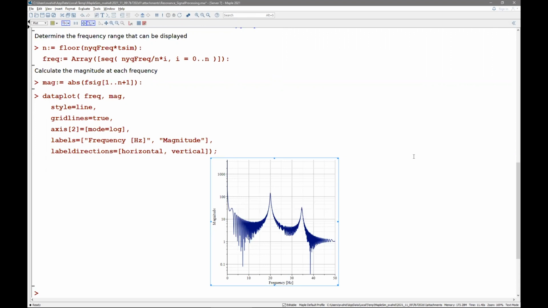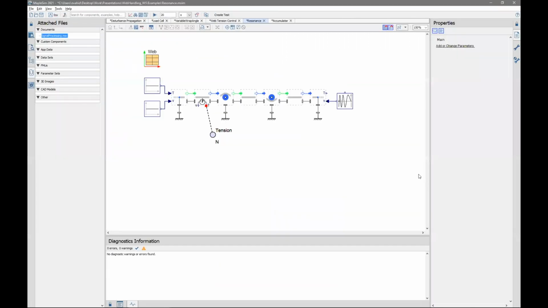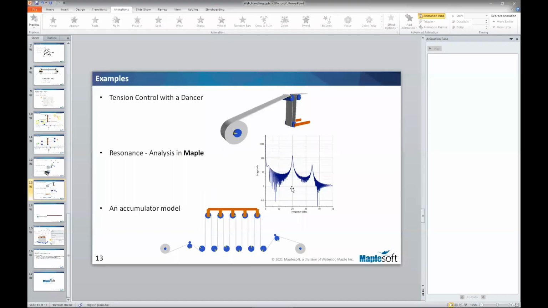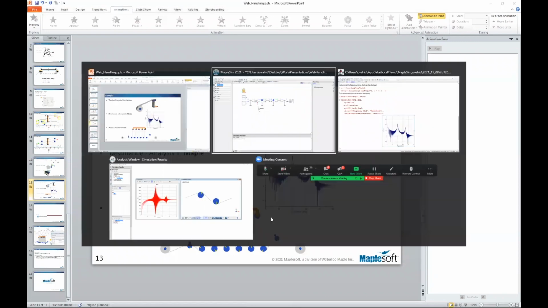So that's the two resonant frequencies. And so that's an example of what you can do beyond just simulating, changing parameters, simulating again. So you can do post-processing on the results and create additional value and information from your model. The last example, looking at time, that I have is a more complex model with more rollers and more web,